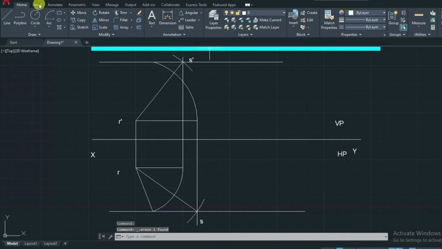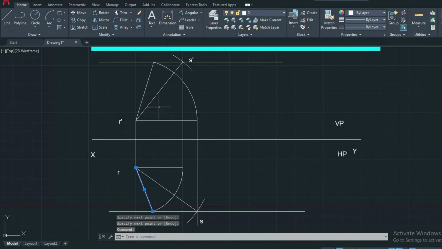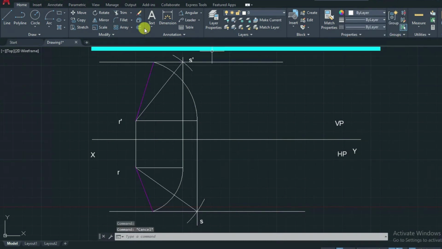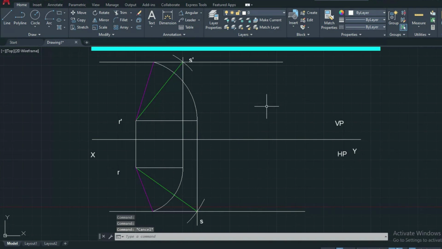Now we are obtaining the front view as well as the top view. To differentiate the projections from the reference lines, you can use a different color if you want. Similarly, this is the true length of the line. To differentiate, I am going to use a green color.